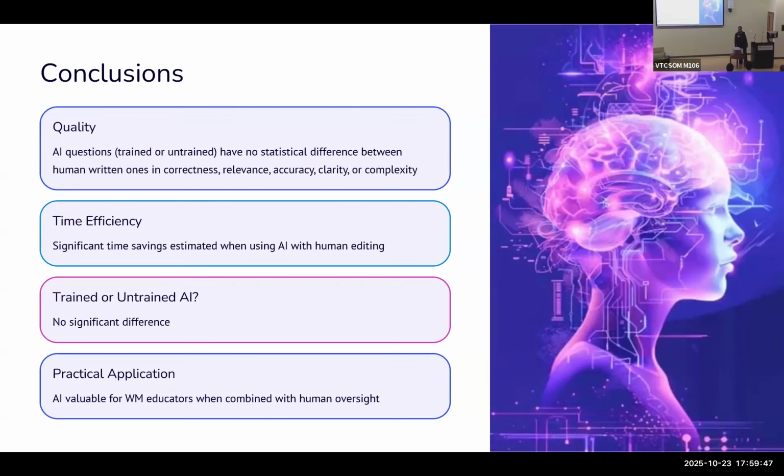That could be a future direction of this work: tweaking our prompt depending on the type of questions and the learner group we're looking for. Some of you may have seen that you can feed in other questions that have been written to give AI an idea of the style or complexity you want. So there are a lot of cool future directions. This was just the tip of the iceberg, a pilot study to see: does this work? Can we use it? Does it save us time? So it's something I'm definitely going to put in my toolkit.